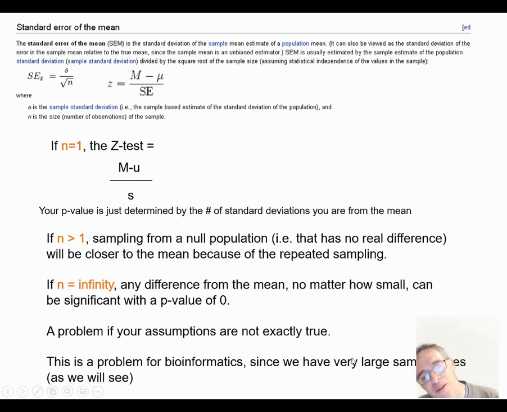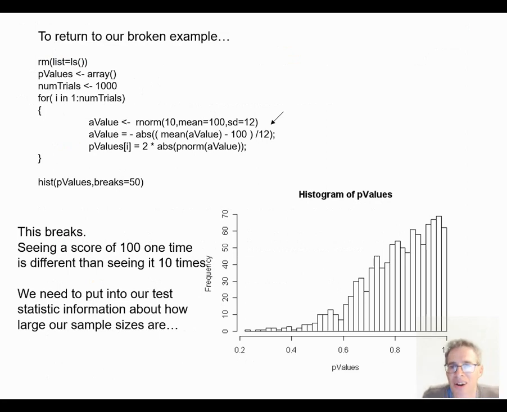This can actually be a problem for bioinformatics, where you end up with very large sample sizes and you can get very small p-values for very small differences, and you have to ask yourself, are those differences really biologically relevant? So to return to our code,